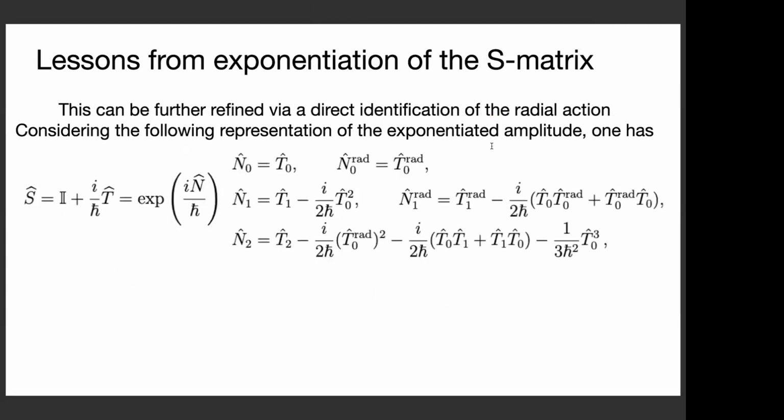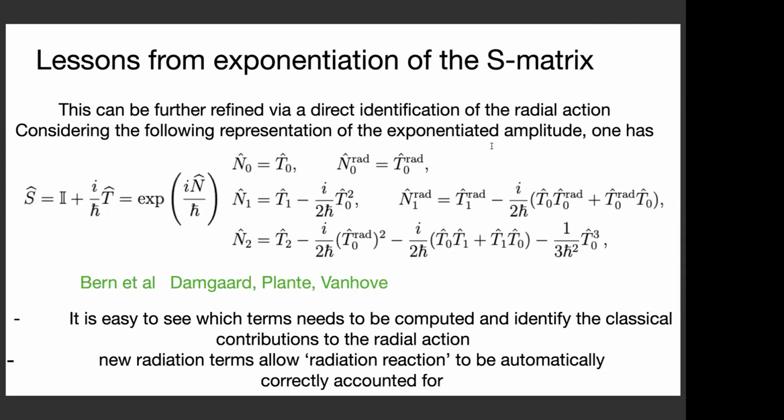So this can be put in a more general context by considering an exponentiation of the radial action. So one can figure out that for the classical physics, there's a certain identity in play between what we get from the classical scattering element and the radial action for this exponential formula. And what it gives, among other things, is a link between the radial action terms and the transition elements in the amplitude with these contributions here that are linked to iteration pieces.